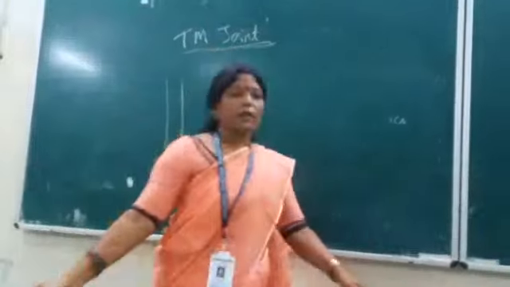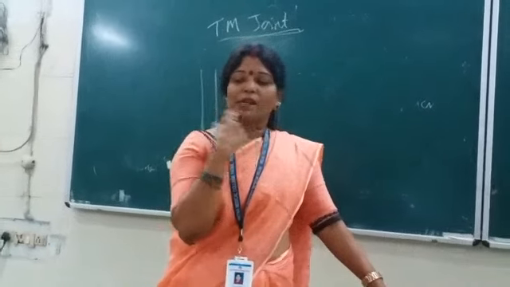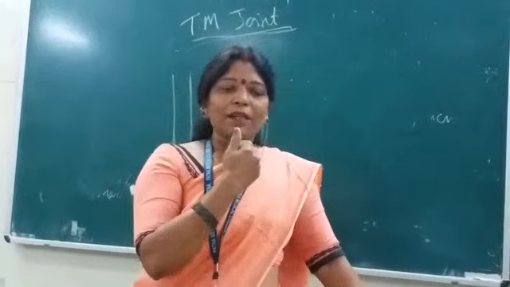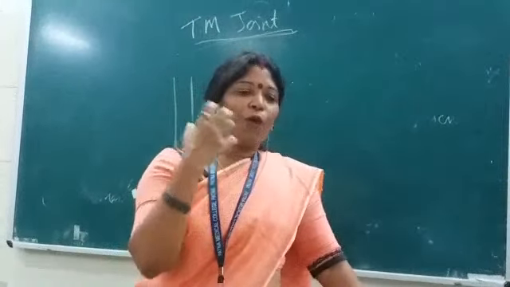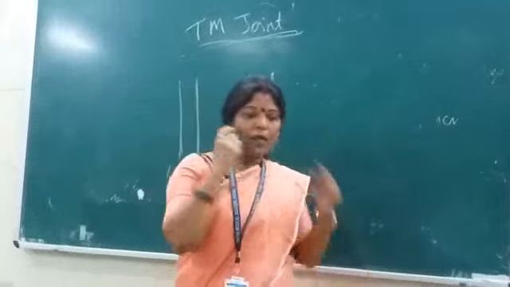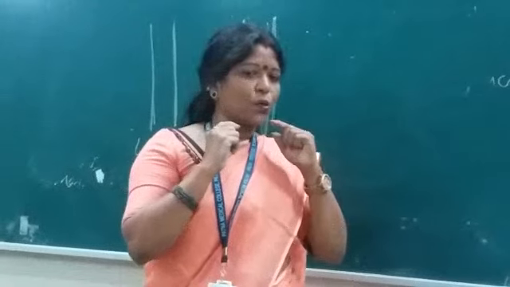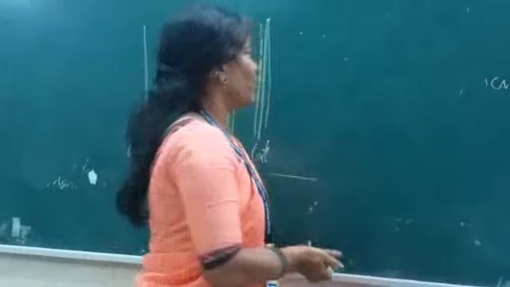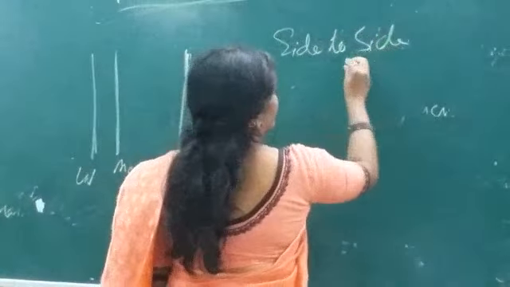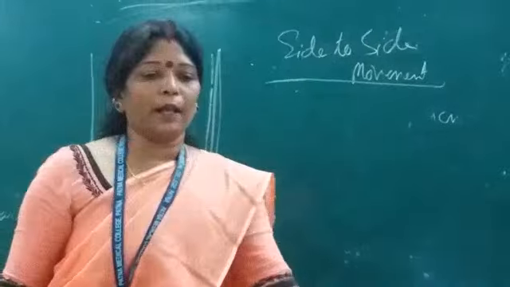Now, this type of movement, side to side movement. Suppose I am moving my chin toward the right side, like this. If I move my chin to the left side, suppose you are teasing me like that, side to side movement like this. What are the actions here? This action takes place at the temporomandibular joint. You do it and you will see the movement taking place at the temporomandibular joint, side to side movement. Again, in this side to side movement, it is taking place at the TM joint, and which muscle helps here?